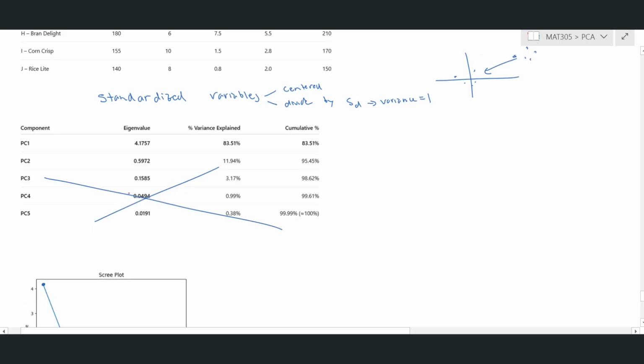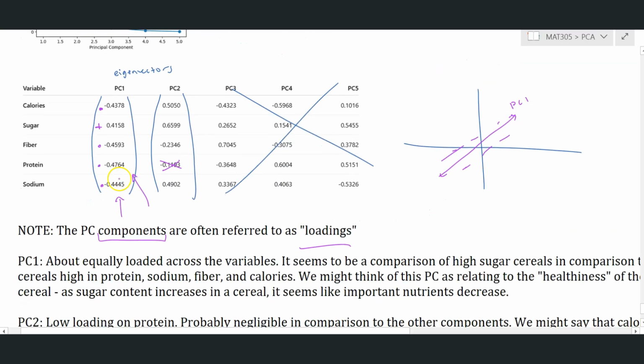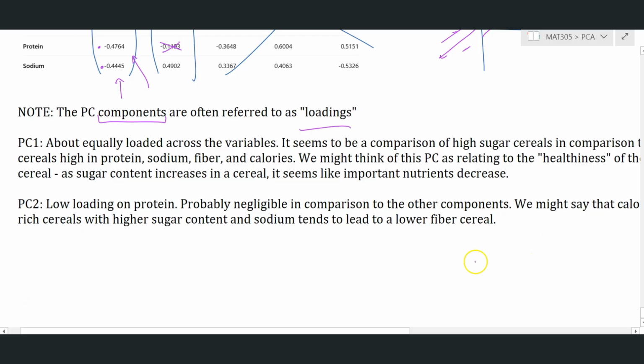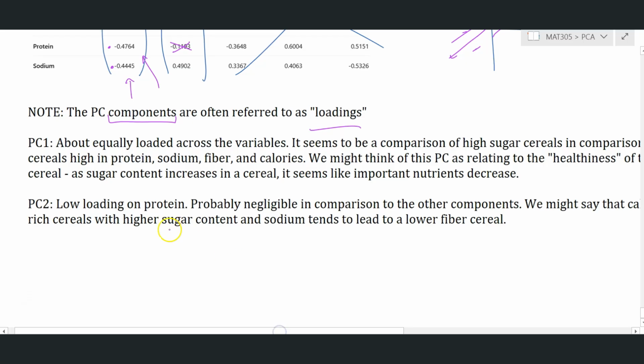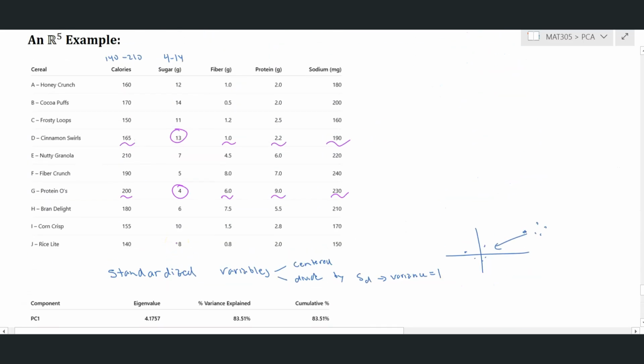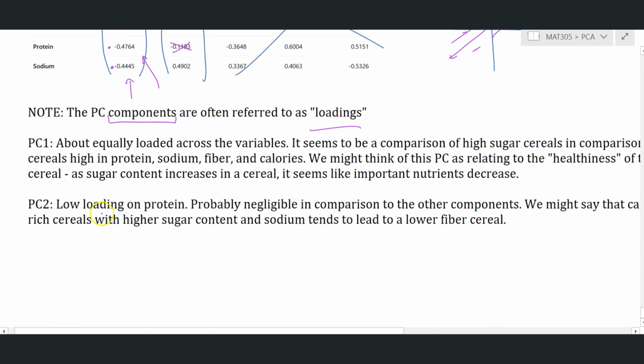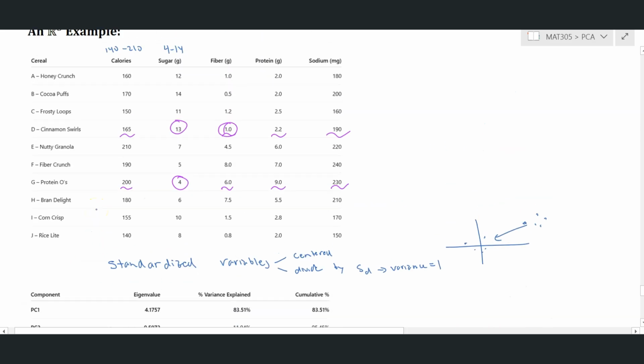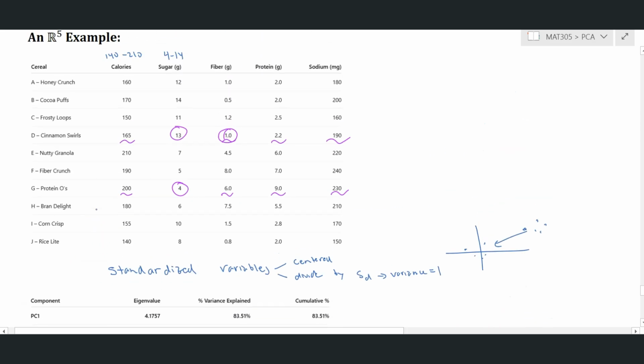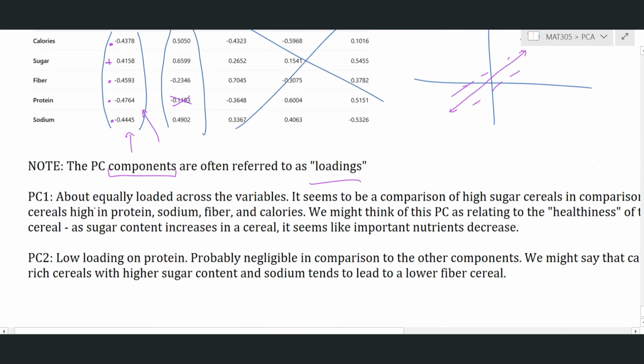Okay, well, let's check that out. So if we take something like, let's see what we say, calorie-rich cereals with higher sugar content and sodium, well, we can see that fiber tends to go down, right? Lots of sugar. Yeah, and we can go through and justify that one by one, but the beauty is we don't need to. Now, if you're like, well, that's not totally true,